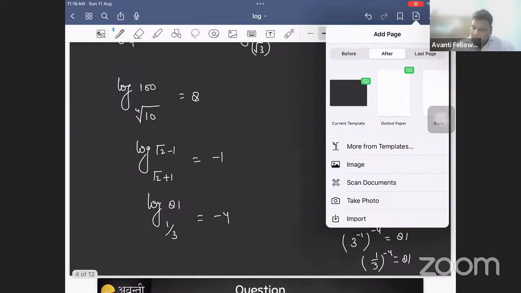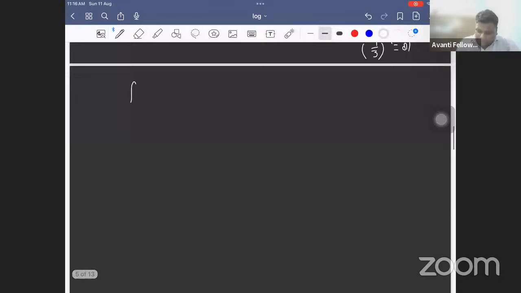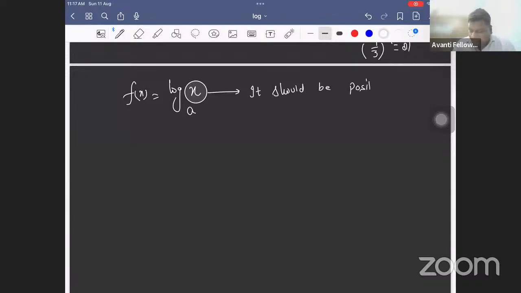Now, let's think about log. Say it is a function, log x base a. Now, when log is defined, this component of log should be positive. All right. This component of log, it should be positive. This is what we call the base of the log. This base should be positive